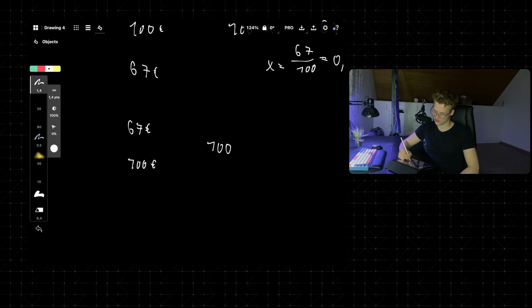Well, since we're looking at the increase, x is going to be next to the lower number. So x is going to be 100 divided by 67. And that's going to be equal to 1.49. So it was a 49% increase, okay,